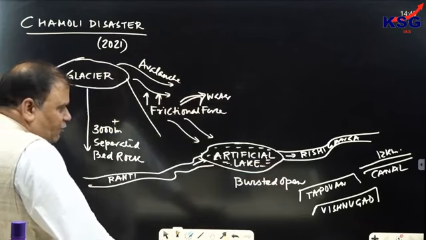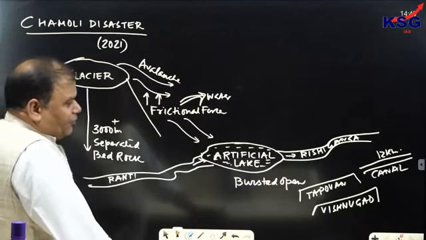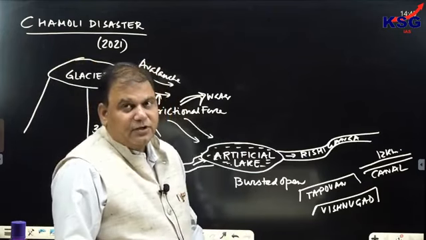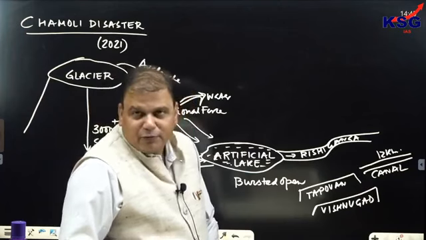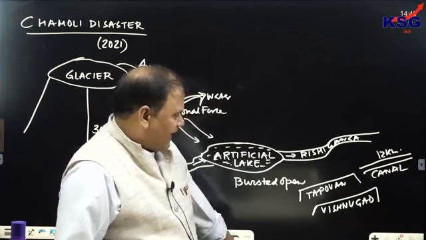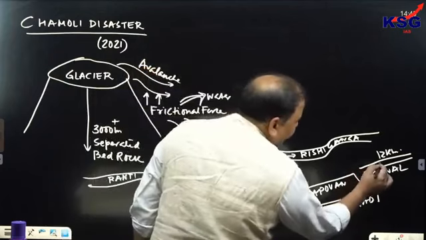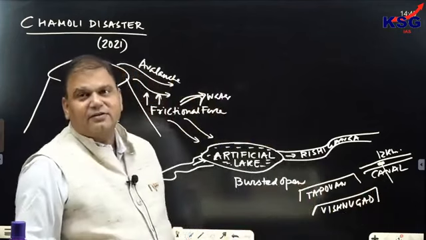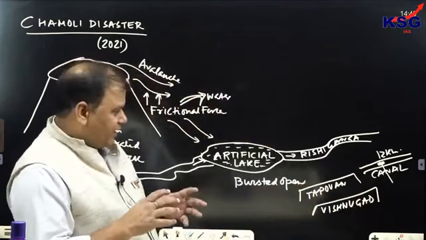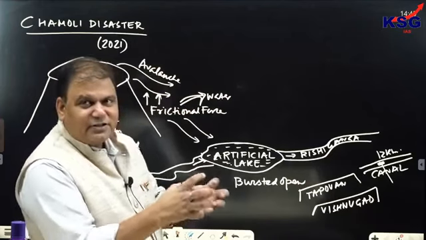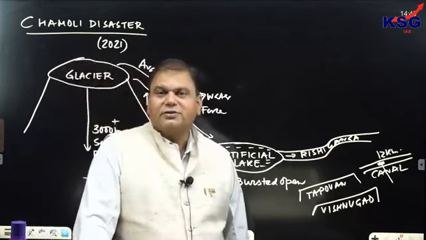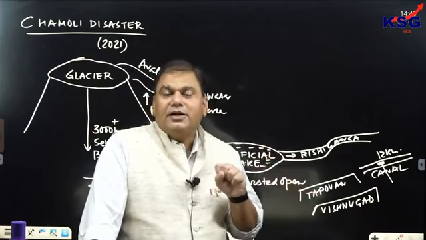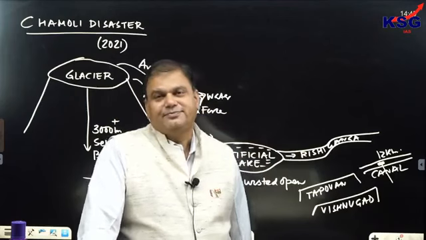And what happened was that the company responsible for establishing the Vishnugad and Tapovan project, we won't be naming the company, had their boring machine trapped inside the canal. Recently, they tried to access that machine, and when they tried to access it, it led to the Joshimath tragedy.